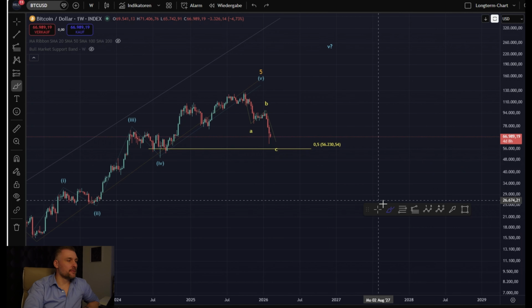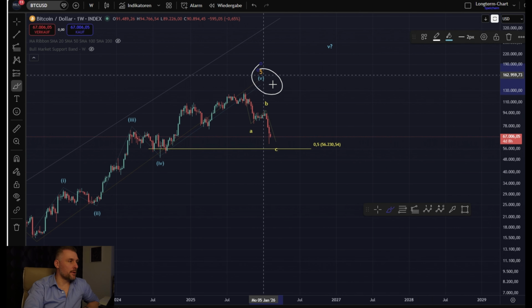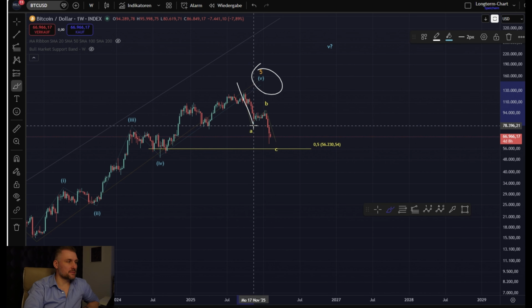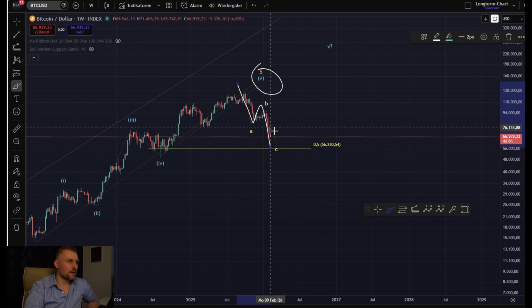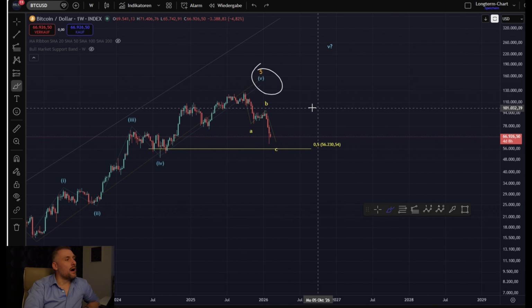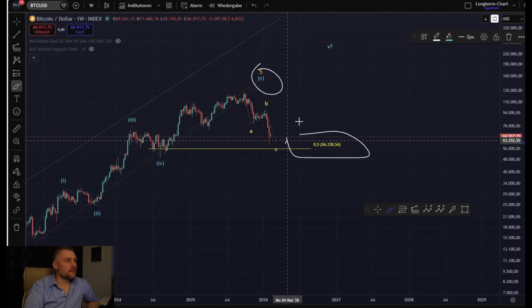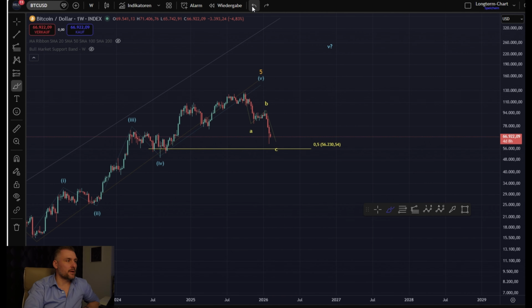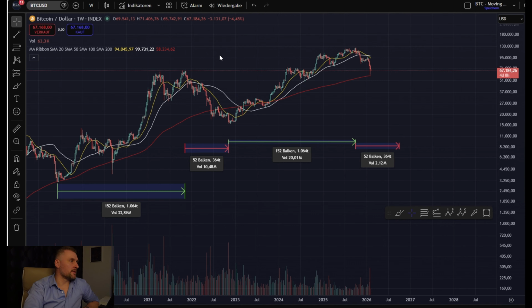All right, if we assume that we have already topped here in a wave 5, then we can assume that we get a 3-wave structure to the downside in ABC, labeled here in yellow. And as long as we hold this level here, the 5th wave has a chance, but as already mentioned, this is really speculative, especially when we see the crossovers on the moving averages and the similarities in the length of each cycle. Then we can expect a larger pullback right now.